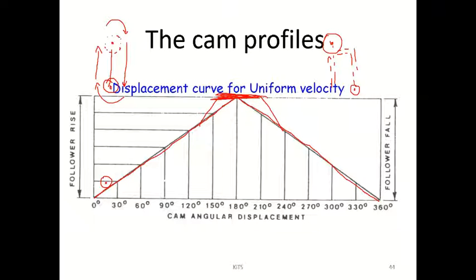Suppose you have a flat surface here, and once again it starts like this. With a small flat surface here, the follower will come down and stay on the ground for a while, and then once again it will go up like this. Then it will stay there for a while and once again come down like this. So this is how the displacement diagram explains it to us. This diagram is the displacement diagram.